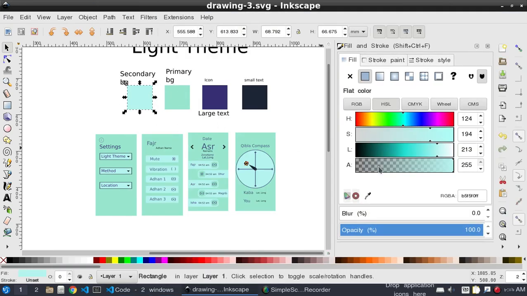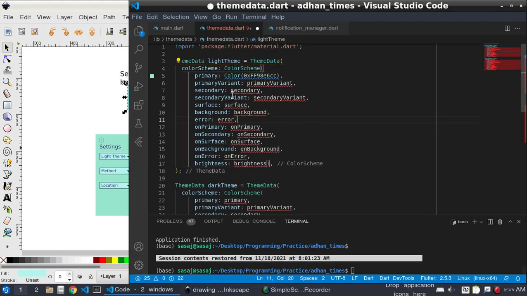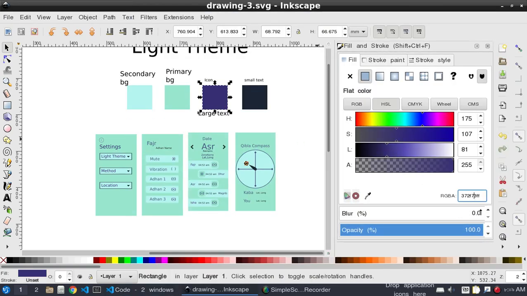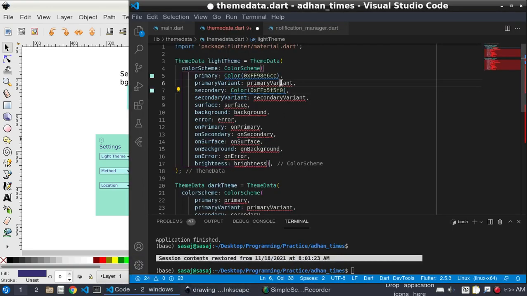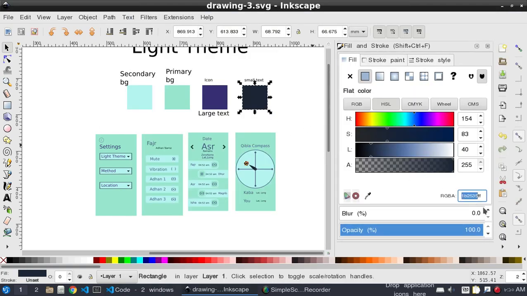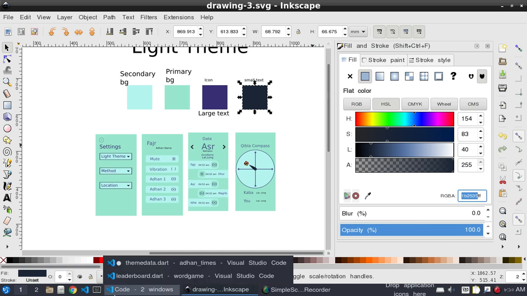Then the secondary color is Color(0xffB5F5F0). The primary variant is for icons and large text, with Color(0xff, and for the secondary variant it has 1B2535,